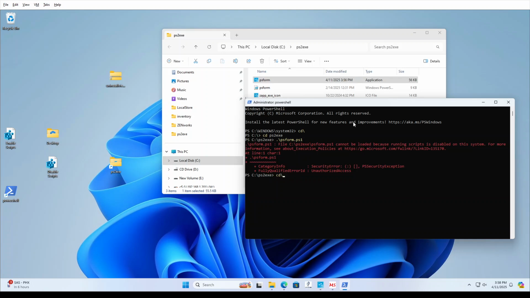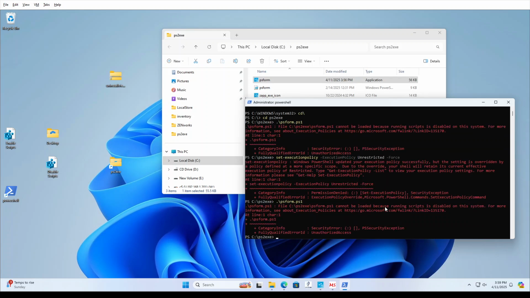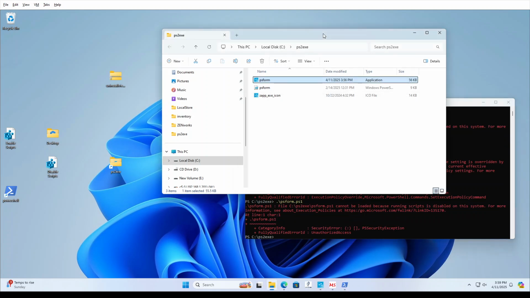and so now, it's blocked, and we can set my execution policy to unrestricted. And you can see it says it's unrestricted, but it's still denied. So I'm going to try my form. It's still blocked, but now